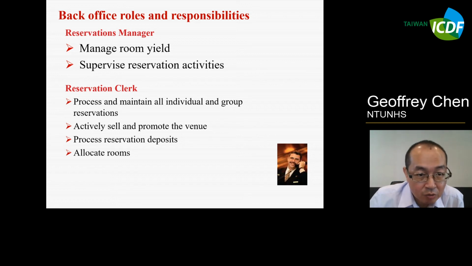And then you tell your reservation clerk, and then they can do jobs like processing and maintaining all individual or group reservations, actively selling and promoting the venue, processing reservation deposits and allocating the rooms.